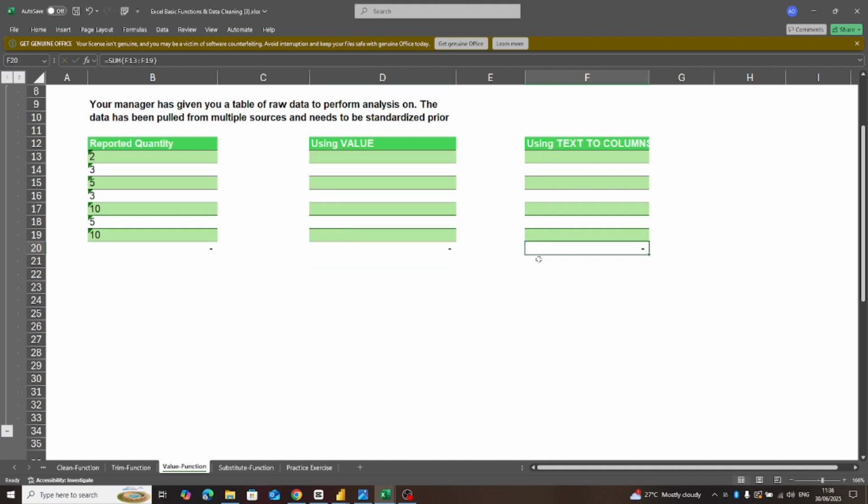This one also equals to sum, double click. You want to sum up all of these cells, close brackets, enter. Also equals to sum. You want to sum up all of these cells, close bracket, enter. So now let's come and convert this particular text number into a value number, right? So equals to what? Equals to value, open bracket, this,